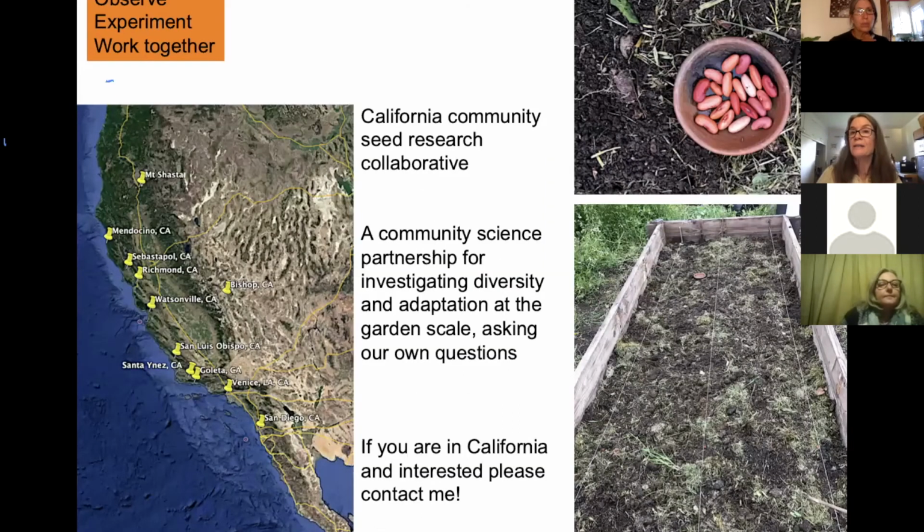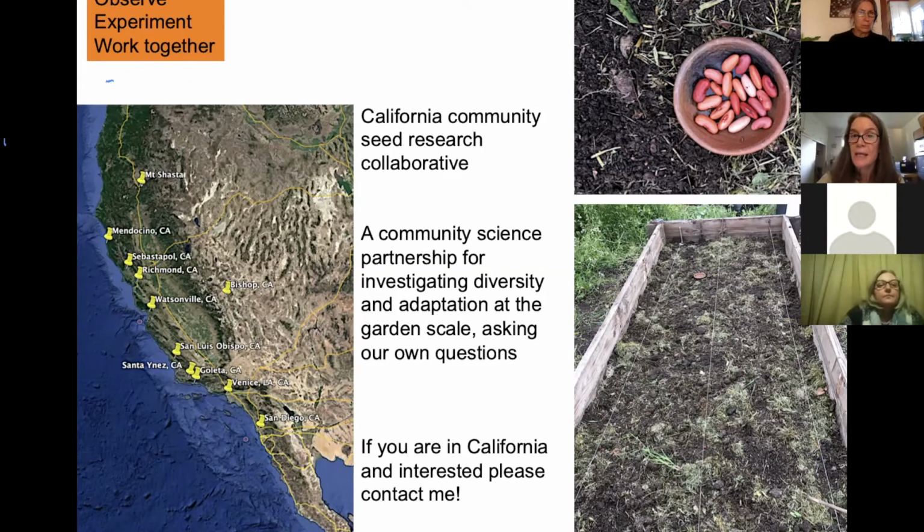So that is one of the things that we are trying to do in California. We are starting just this year. In fact, I planted my seeds on Sunday for an experiment that is distributed over 11 different locations through the state. And we are all seed savers, some very experienced seed librarians, seed activists, and we're all growing the same population of diverse